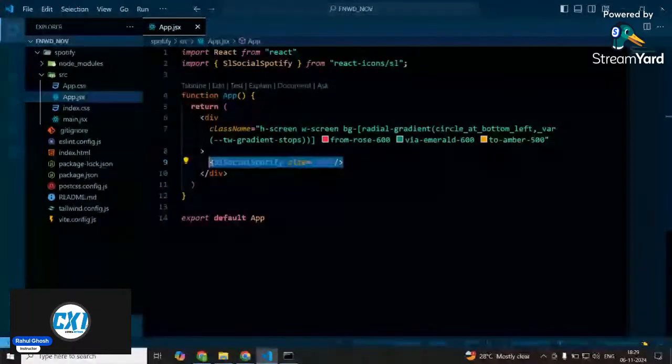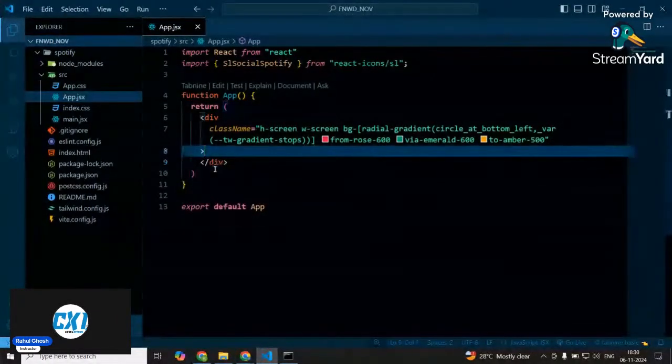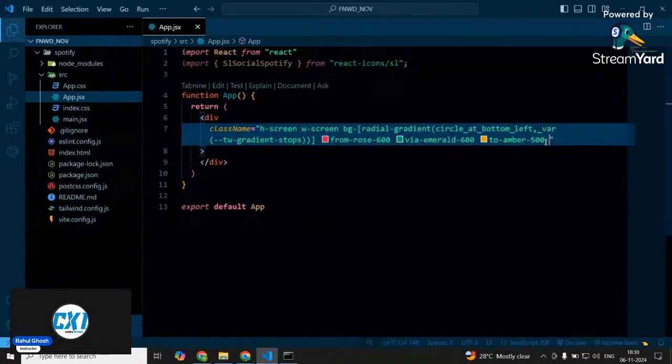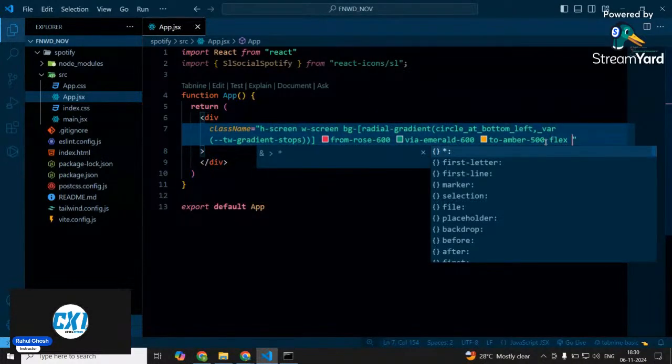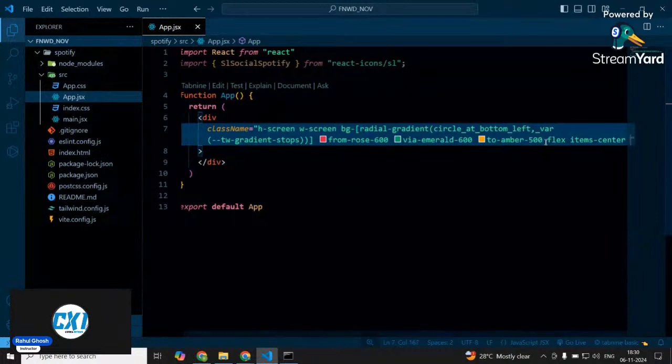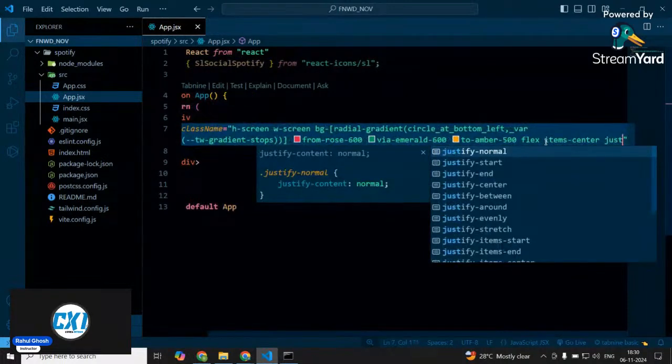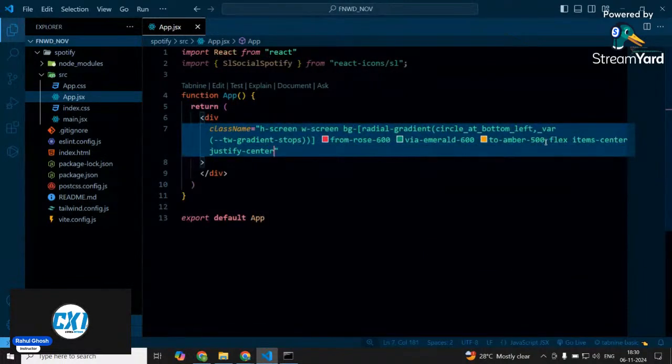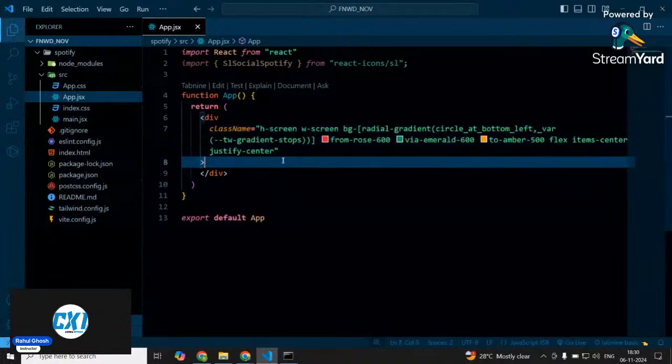I don't want to use it in this way. Let me put some extra classes called flex. Flex means I want to make my display flex, then item center, and also justify center. Okay, and after that